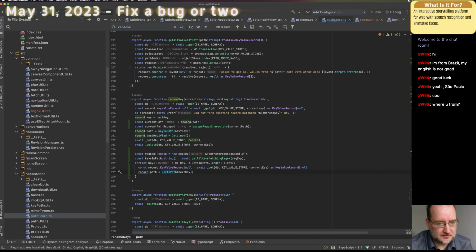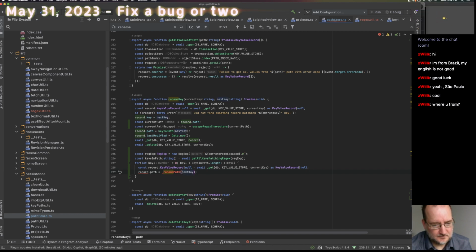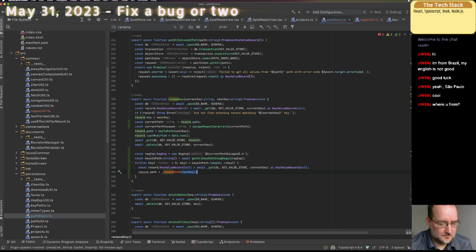Make a new function. Rename path. Rename the key. Name. Let's see. Change